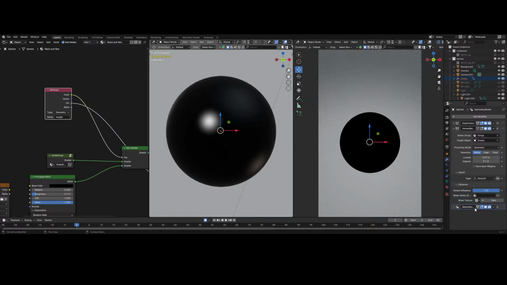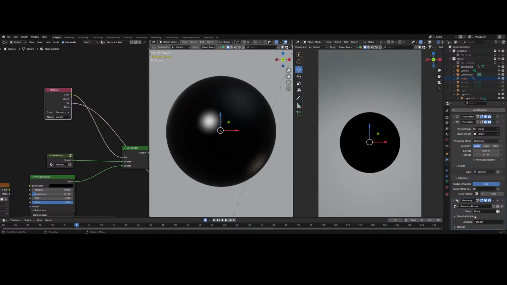Hmm. Let's see, vertex geometry node. The value is